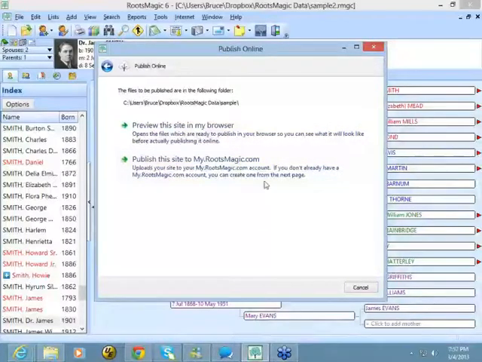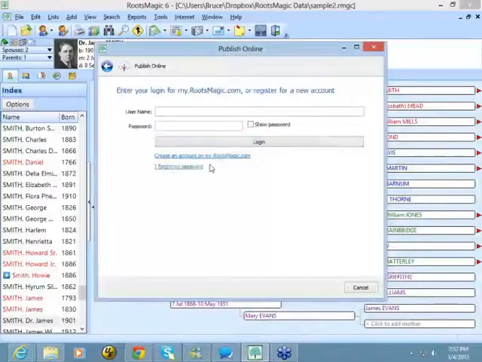So I'm going to click on Publish. And this right here is that same screen we had very early on. Remember, I said you could log in or you could create an account. As I mentioned, if you stepped through, it would eventually ask me to create an account if I didn't have one. But I do have one, so I am going to log into my account. It was John Jacob Smith, and I think I remember what my password was. I think